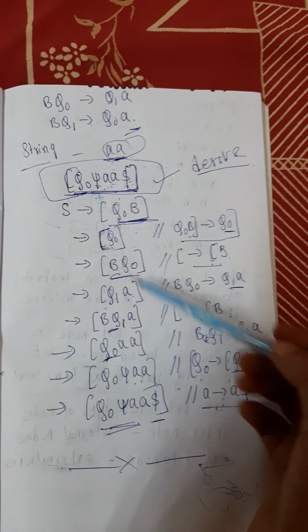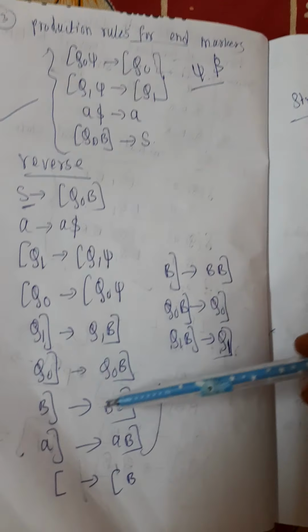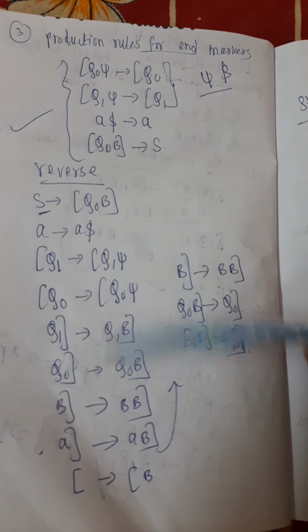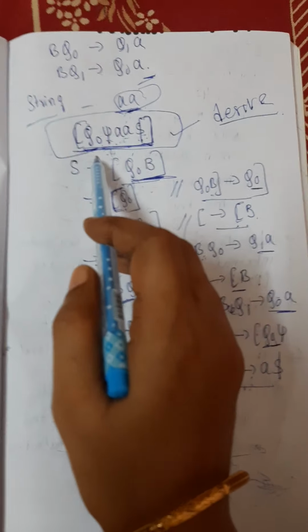So this is just like trial and error. We have to see the productions, how we have done for the left derivation and the right derivation. Just like trial and error, we have to select the productions and derive the string here.